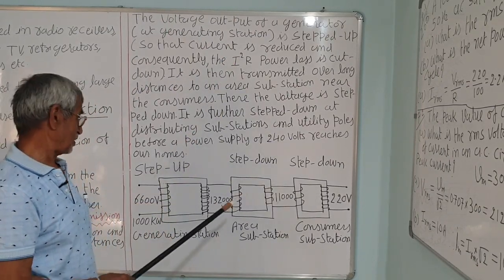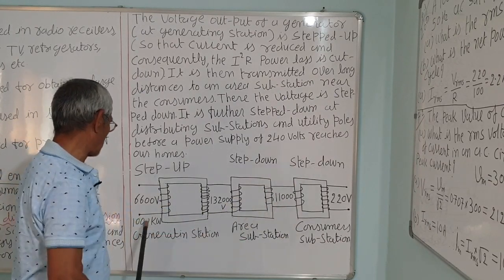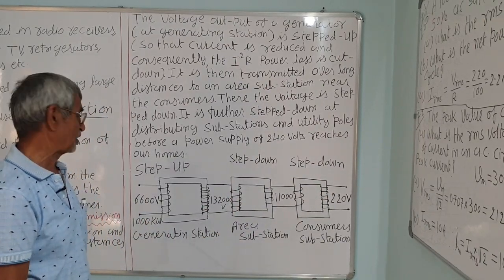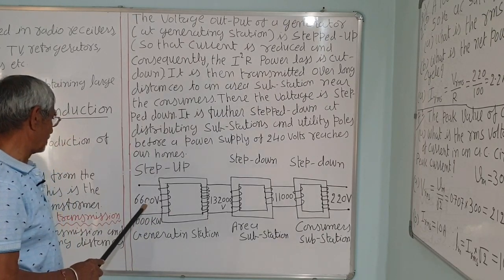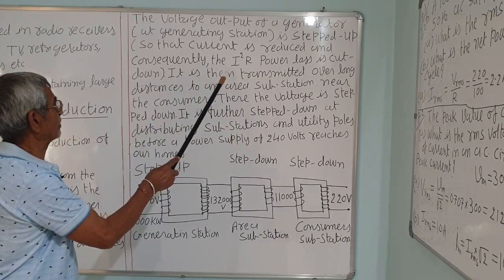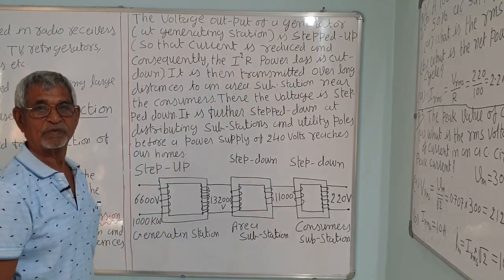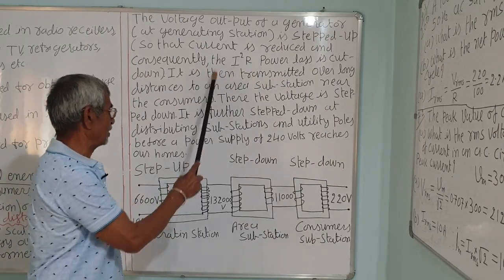So, you consider this, you calculate the current. If you directly transmit, you won't get any power the moment it reaches the homes in villages or cities. You can calculate the current from this, the power divided by voltage, and take I square R. Suppose resistance per kilometer of the transmission line wire is 1 ohm, consider 10 ohm, multiply it, it is a very high figure.